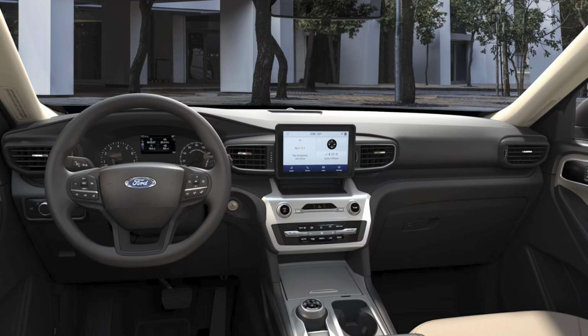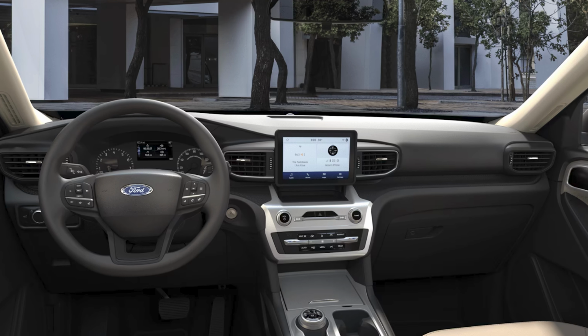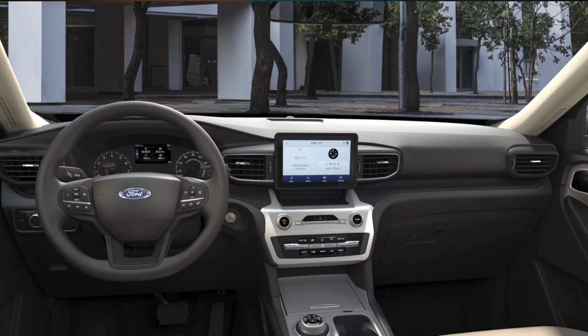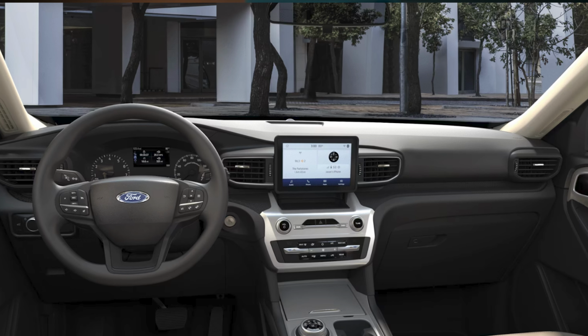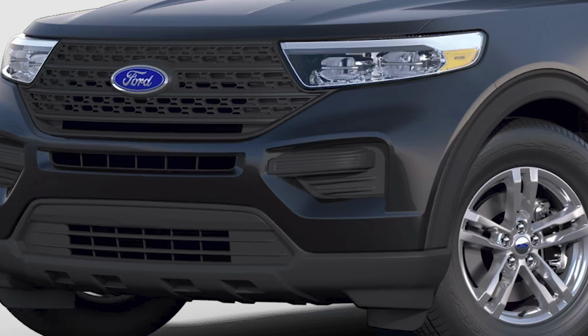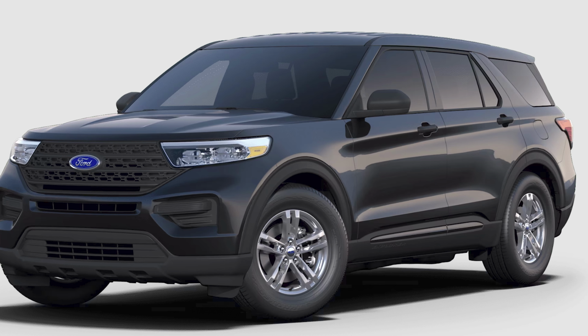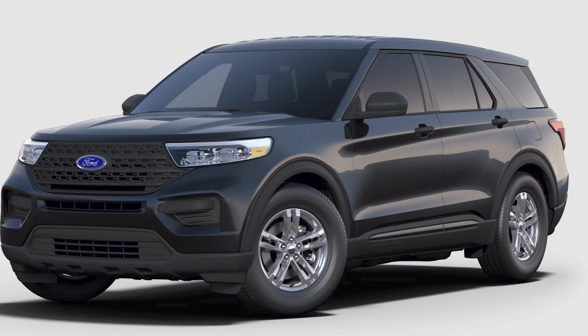option. Inside the cabin, you have cloth seats with an 8-way power adjustable driver's seat. Apple CarPlay and Android Auto are accessed via the 8-inch touchscreen, and the sound system is a 6-speaker unit. A 3-zone climate control system comes standard as well. As for safety tech, Ford outfits the Explorer Base with lane keep assist, rear parking sensors, and the Ford Copilot 360 safety system. The headlights and taillights are LED, with the fronts getting auto, low, and high beams, and out back the liftgate is powered. It's a fairly well-spec'd machine as far as base models go, and the starting price is